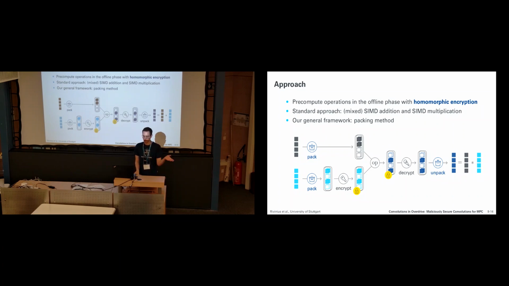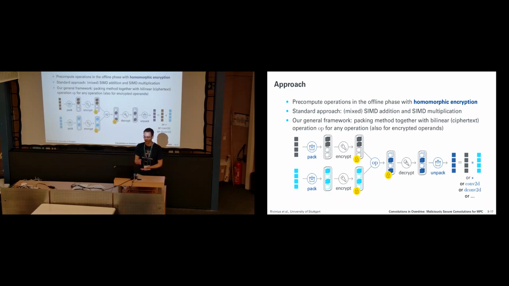And in our paper, we introduce a more general framework where we have packing methods, which are this pack and unpack at the end. They're more general, in that they can produce potentially many encoded vectors of data. And then you can define this for any operation you want to compute. Also then find the matching operation in the middle on ciphertext to combine them in a way that you can do then convolutions, 2D convolutions, and also matrix multiplication. And yeah, again, the scalar case is also just a special case of this. And again, it also works if both of these operands are encrypted.